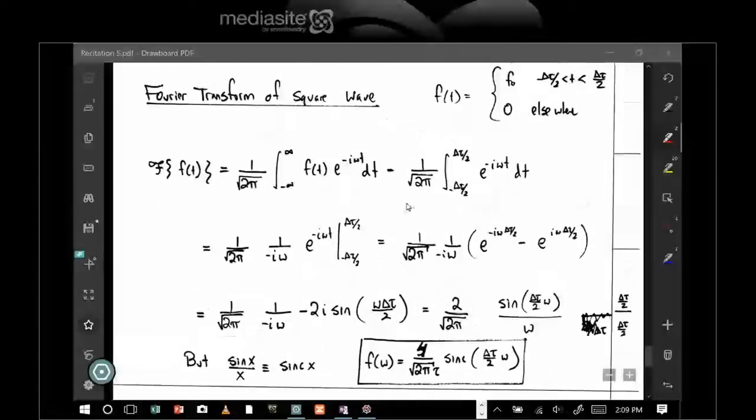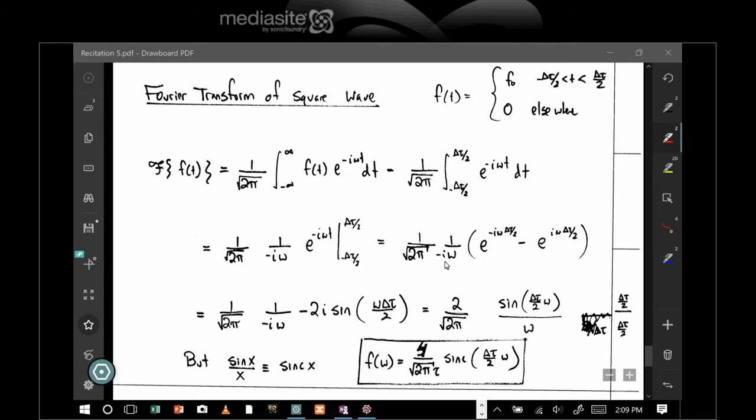So what I'm going to do is calculate the Fourier transform, or I'm going to calculate f of omega for a given f of t. So here, f of t is this function here. I stick it into there. Now it's just the integral of an exponential. I can do that. And so here I get this, and I evaluate that at the bounds, and I get